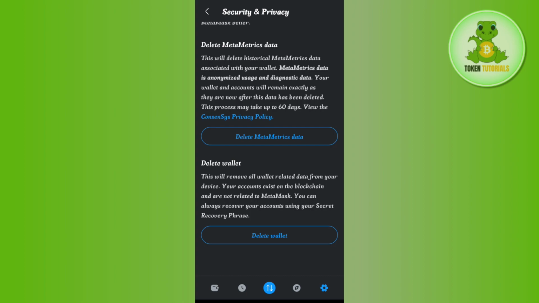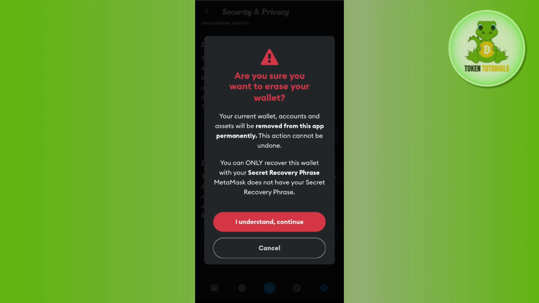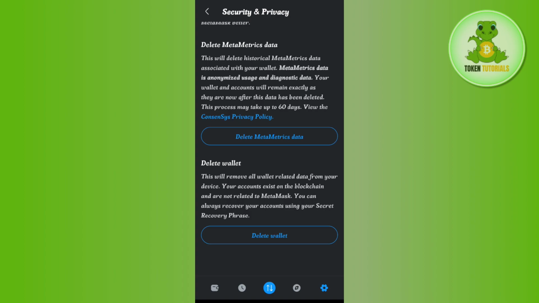in the bottom. Now, once you have found delete MetaMask option, you need to tap on delete wallet and then you need to tap on I understand and continue. Then on the next page, you will have to follow further on-screen instructions in order to permanently delete your MetaMask